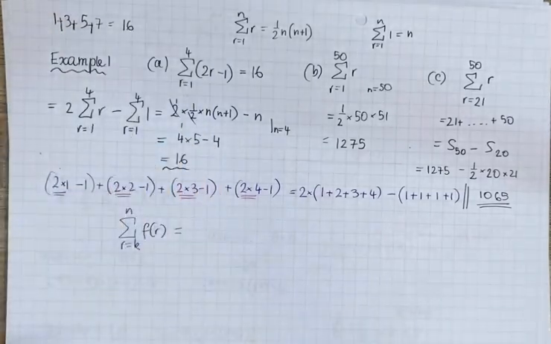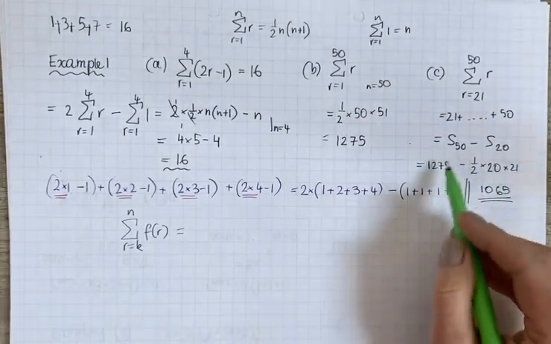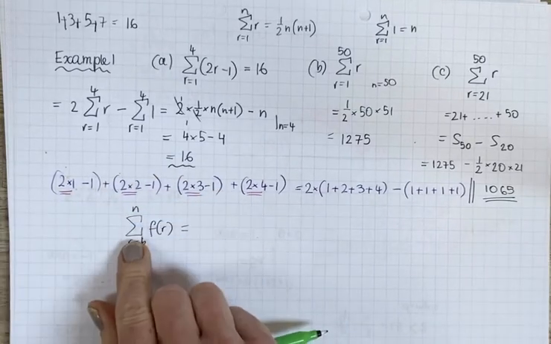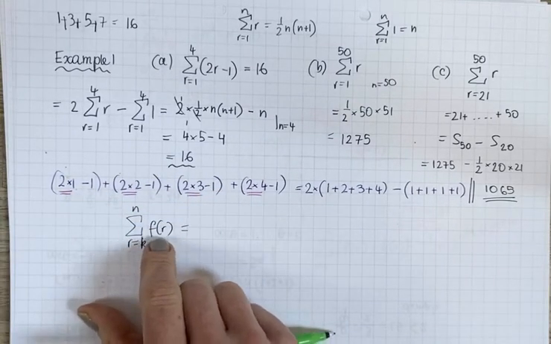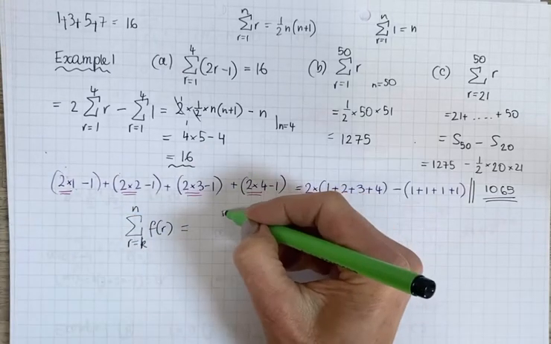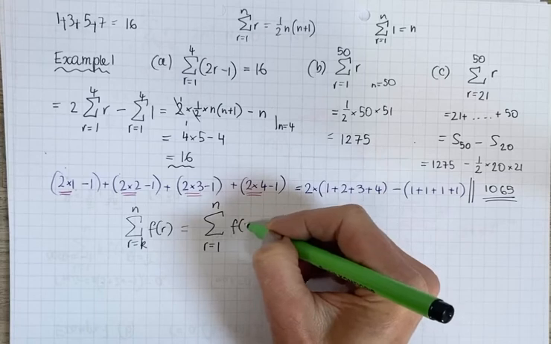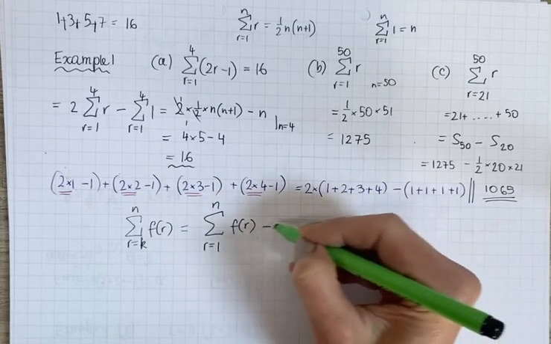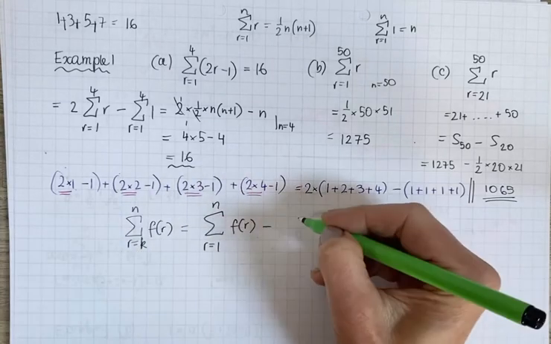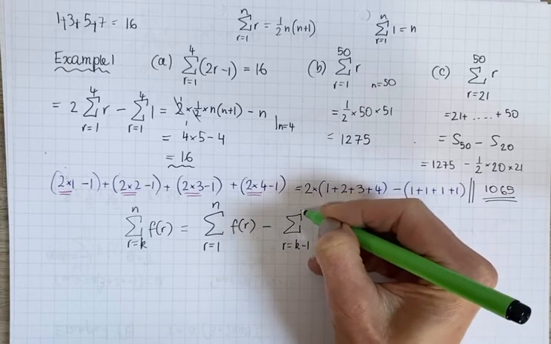Let's have a look at example 2. Now, before we do example 2, let's just generalize this result. So if your starting point, in general, is to find the sum of some formula f of r between k and n, then you always need to imagine finding all the terms from 1 to n, but you also have to get rid of, because you want to keep k and you don't want to keep anything that came before k, so we must take away k minus 1